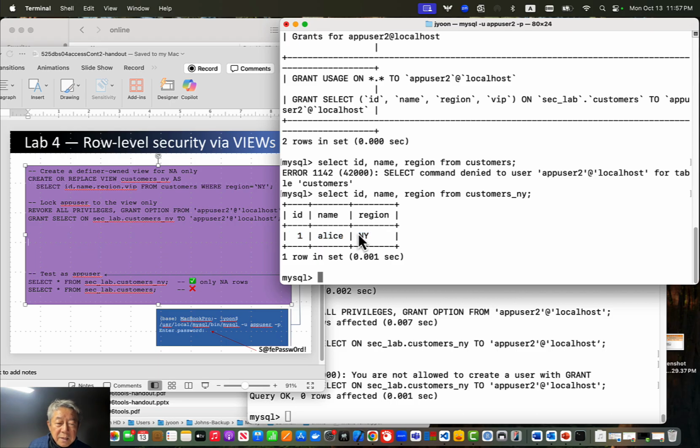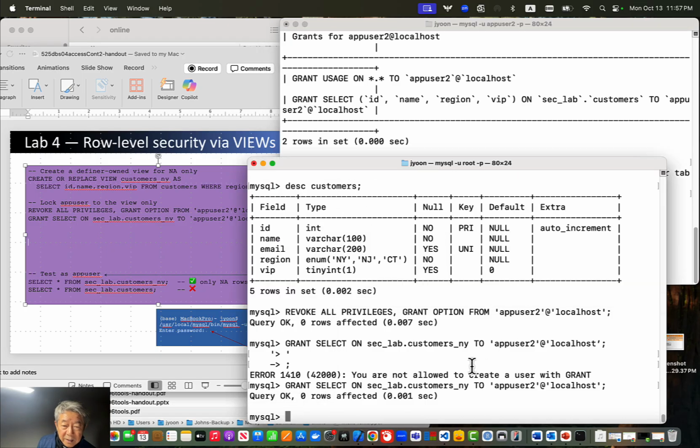This row can be applicable. So this is row-level security. If you see this SQL statement, it does not say anything about only from New York state, right? Because this SQL statement doesn't specify that, but this view already